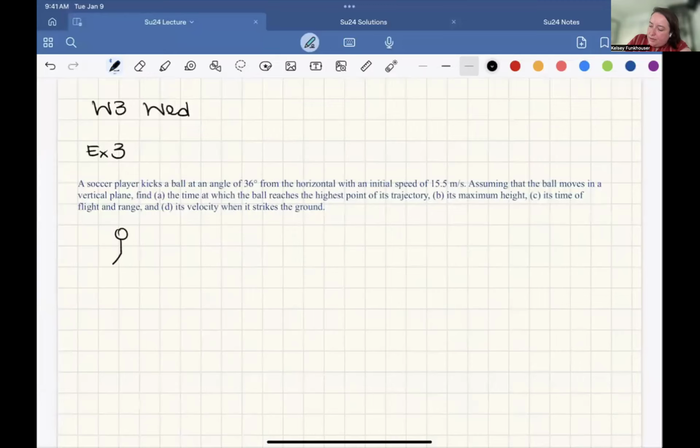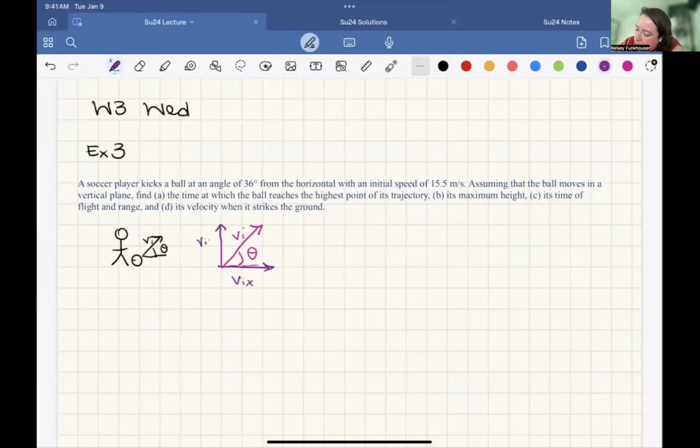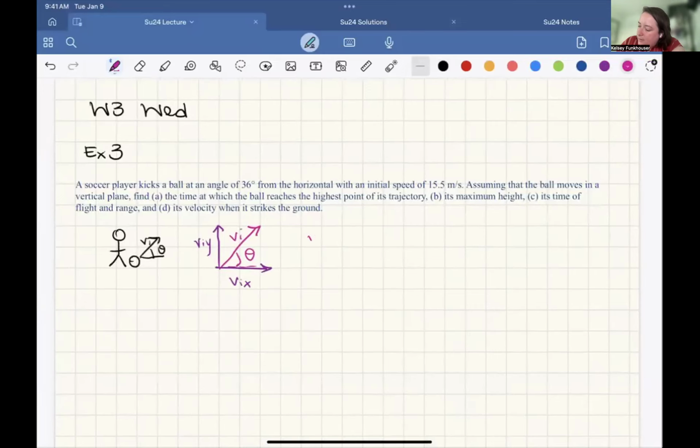First, though, let's draw the situation. Player, ball, initial velocity, angle. And we will do this again. So here's our initial velocity and the angle theta. And then we have x initial and y initial. And the initial x is going to be v initial cosine of theta again. And v initial y is going to be v initial